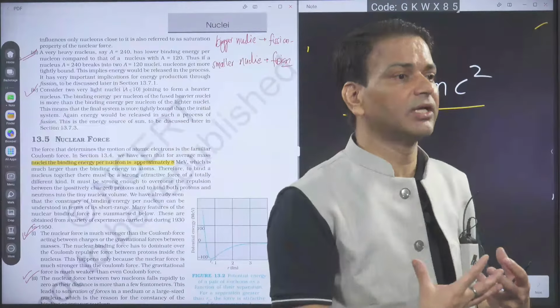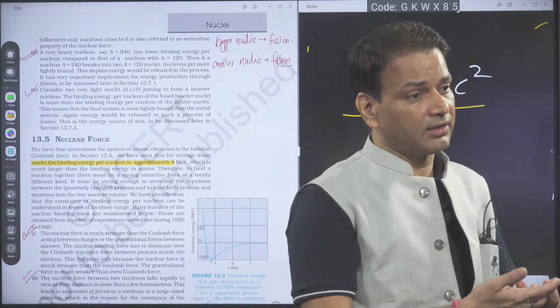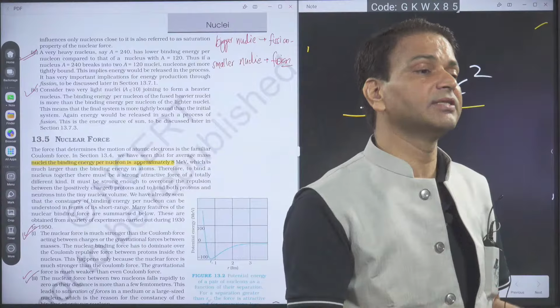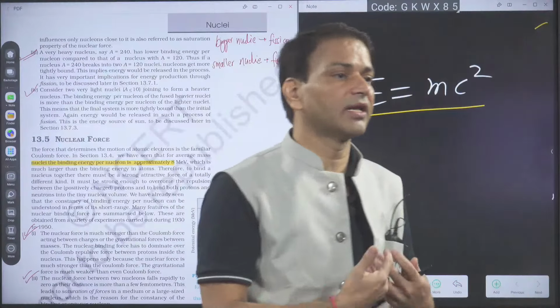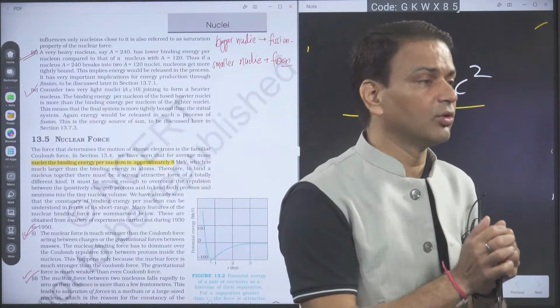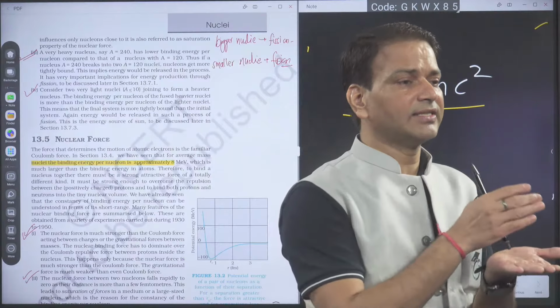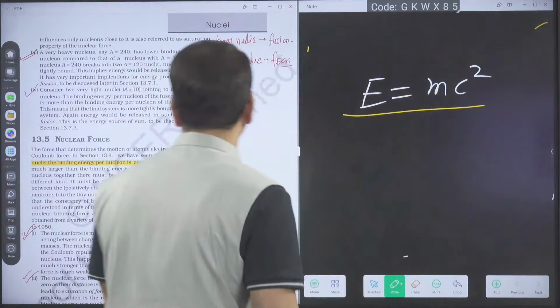That's why in the nucleus, even though the protons have positive charge, they have electrostatic repulsion, but they reside inside the nucleus because of the nuclear force, and nuclear force is attractive. Okay, this everybody got. So what I said, for the nuclear force, if I'm asking the order, it is approximately the same. This line is also given here.